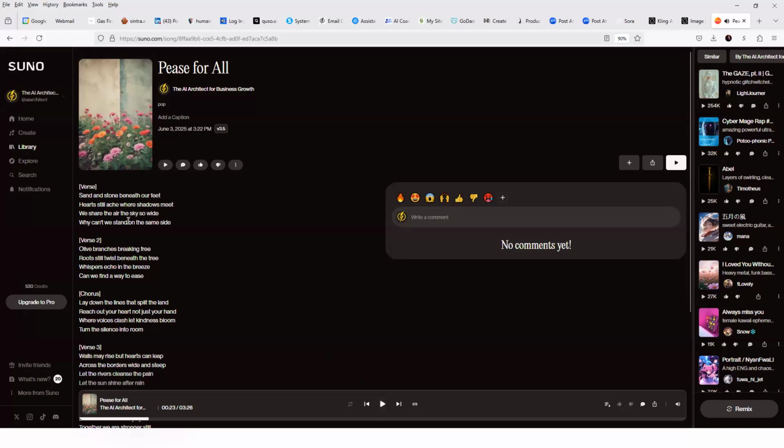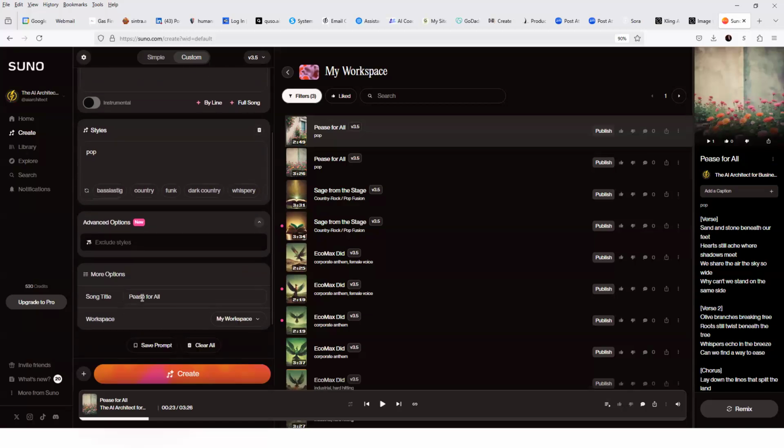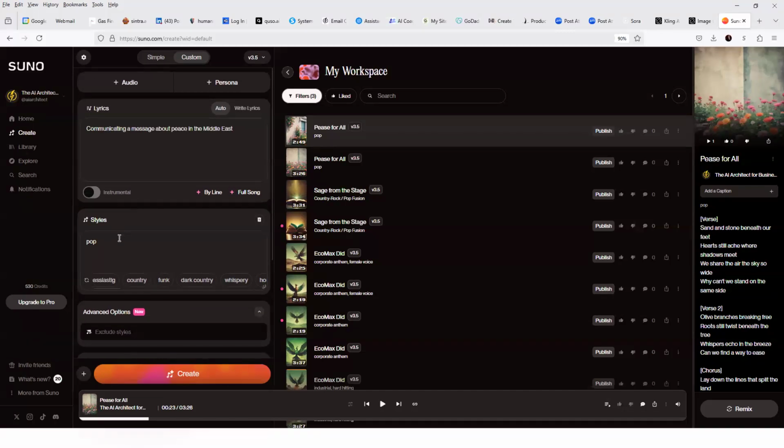Okay, that's still slow, but that one actually sounds better to me. When we're creating these, the other thing that you can do is specify whether you want a male or a female voice. You can specify if you want it to be really upbeat or if you want it to be slow and melodic and so forth.